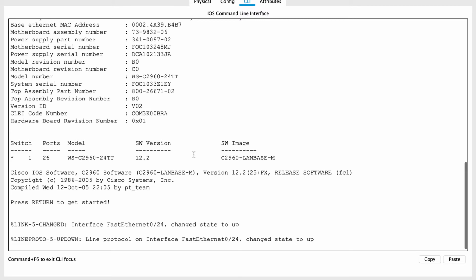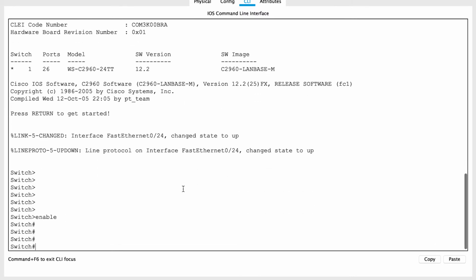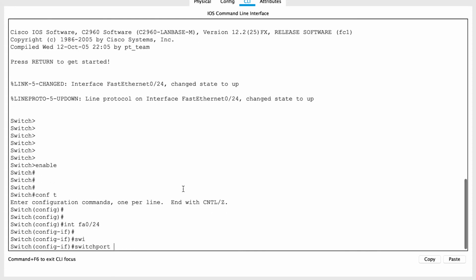So we're going to go to console on this new switch. We're going to go to enable. We're going to go to conf t, configure terminal. We're going to do interface Fast Ethernet 0/24. We're going to make this a switch port